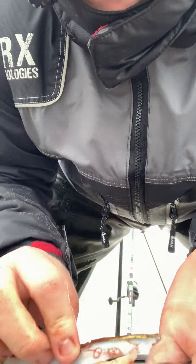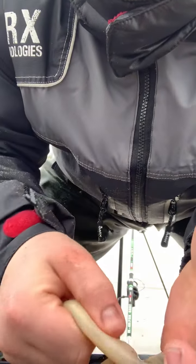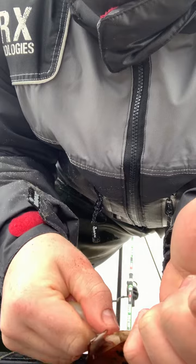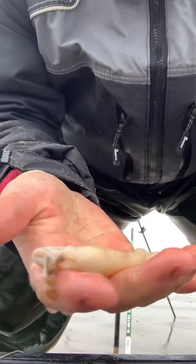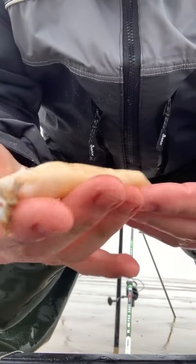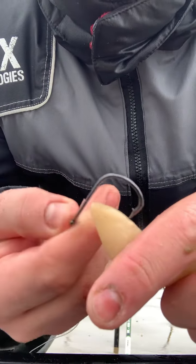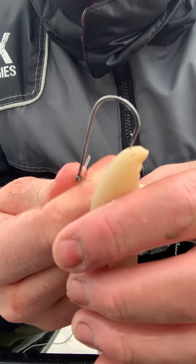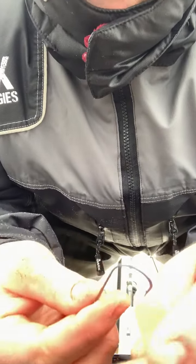But so basically what I was saying was that you take the foot of the razor clam out of its shell, which is the body, for those that don't know. And then basically what you do is you can either put the hook straight through it and guide it on like you would with a worm, or you thread it through, which I'll do now in the video. So I'll keep it on just so you can see how it is,